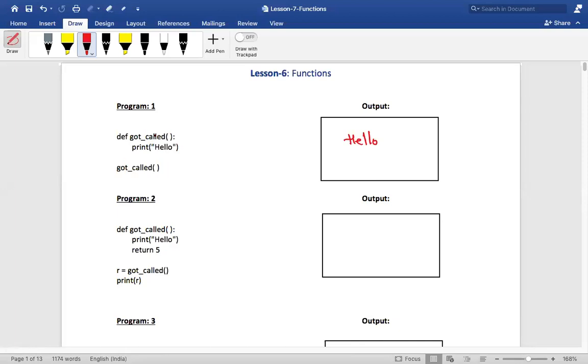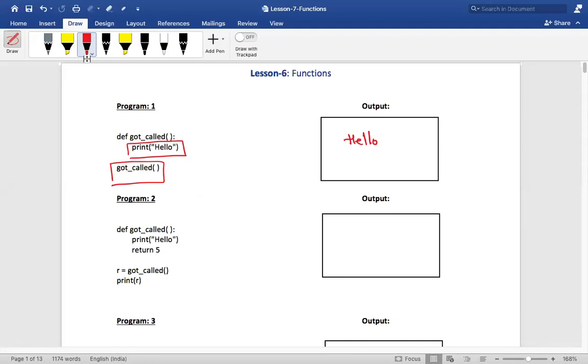Okay, how do functions work, my dear friends? You'll have a function call and a function definition. To write a function definition, the syntax is that you use the keyword def followed by an appropriate function name, a pair of parentheses and a colon. On the next line you have an indentation, and then you write the set of activities to do as part of this function definition. This is called your main context, and this is called the context belonging to the function got called. What do you mean by a context? Context says what kind of statements get executed where.